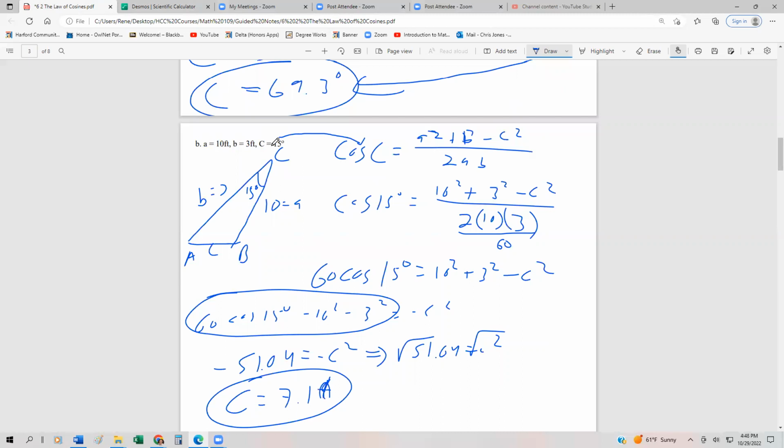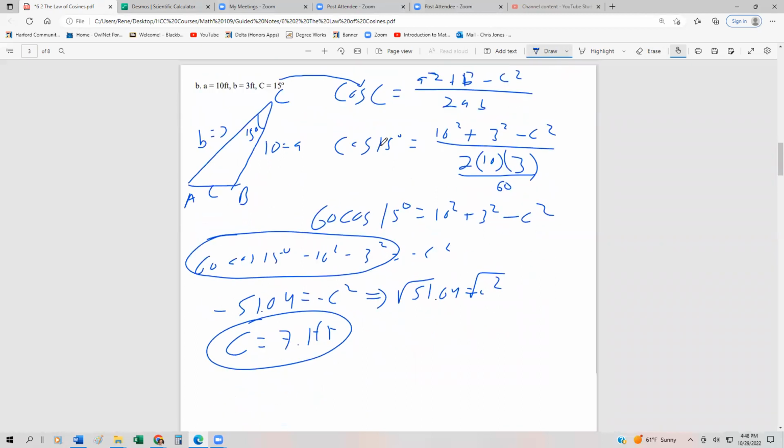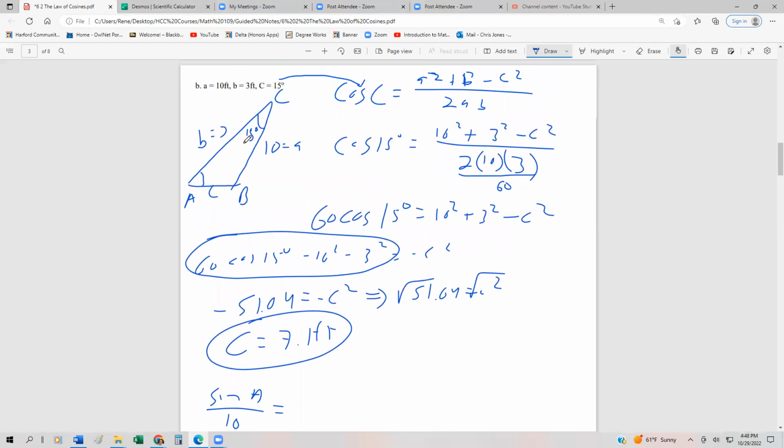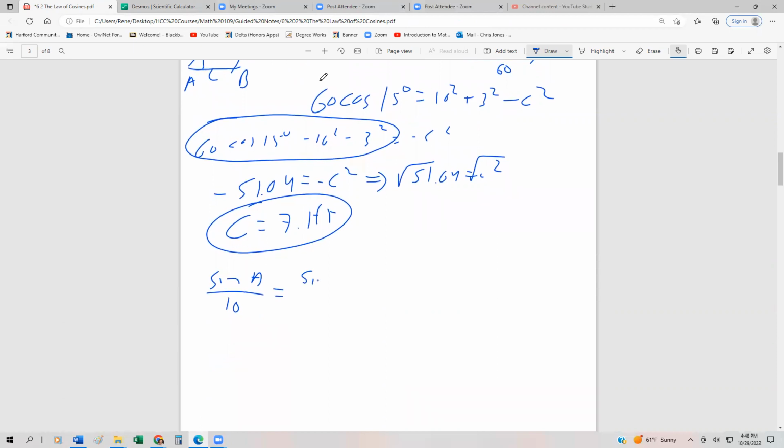So now we have all three sides, which is good. We need a couple more angles. So we can use the law of sines to be able to find another one of the angles. Let's try to find angle A. We know that the sine of A divided by side a, which is 10, equals, and we certainly know angle C and side c. Angle C is 15 degrees, so sine of 15 degrees divided by